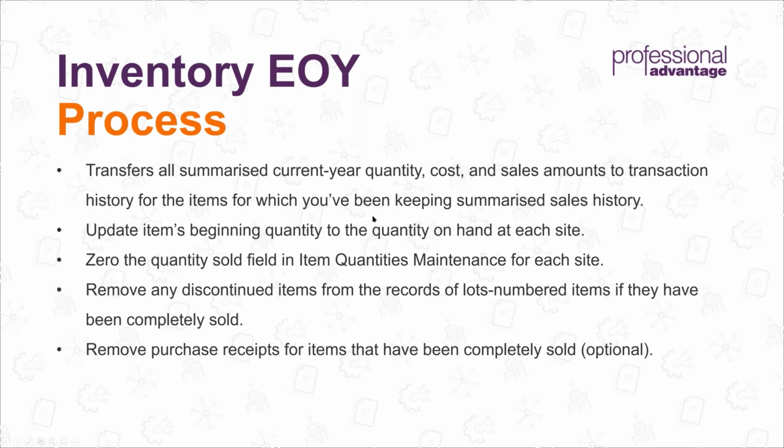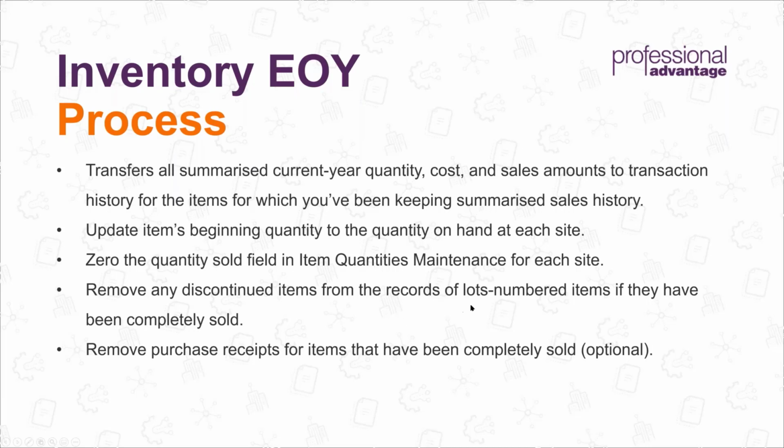So this is part of the year-end process work. And also the system will update item beginning quantity to the quantity on hand at each site. And it will also zero the quantity sold field in the item quantity maintenance window for each site,